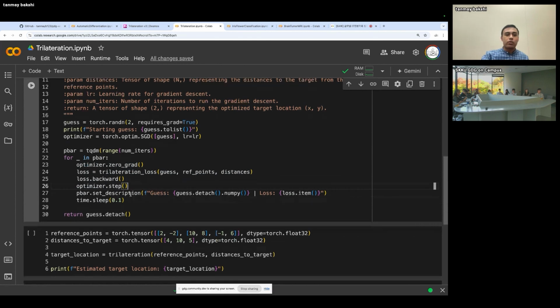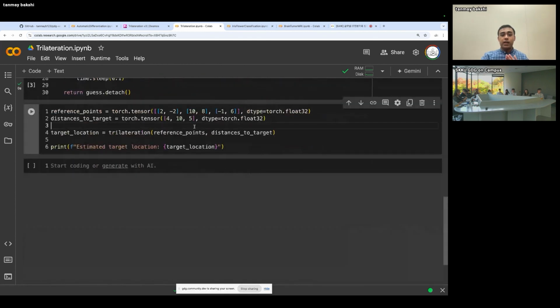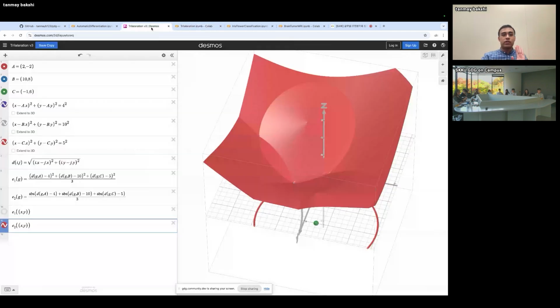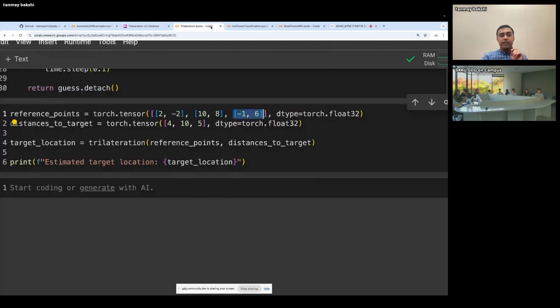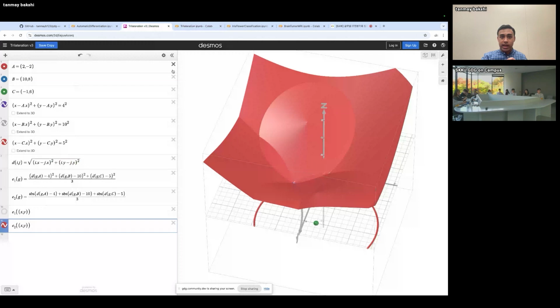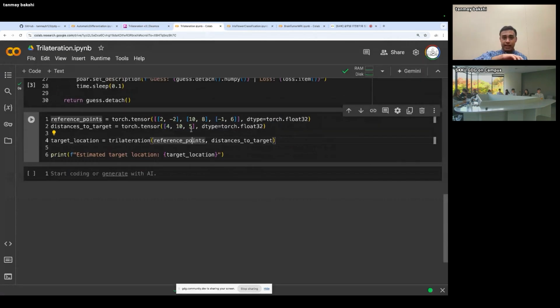So I'm going to go ahead and run this, and now we can actually run the function. This is setting up the experiment the same way it was in the calculator. A, B, and C are at the same locations they were over here, and these three different distances, 4, 10, and 5, are once again the same as what we had over here as well. If I run this, in theory, it should start with a bad guess, and then slowly we should see it move that guess closer and closer to where the actual point is.